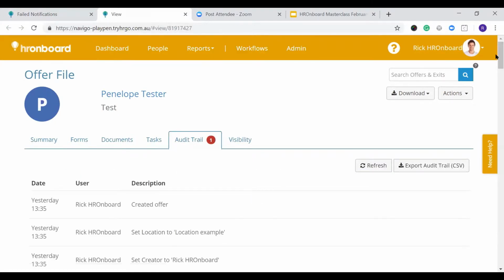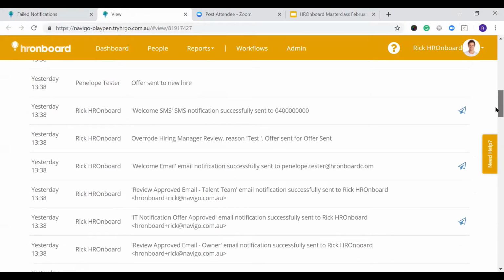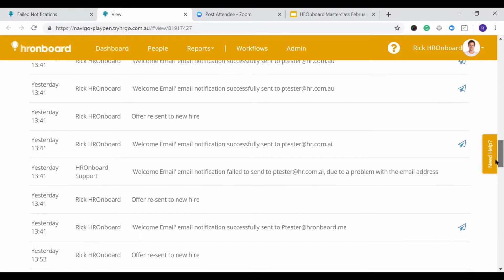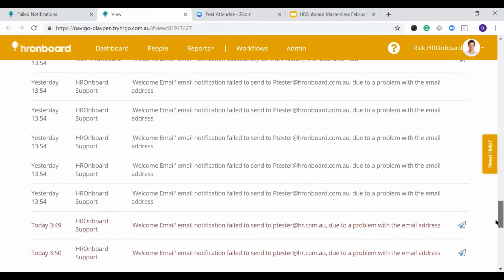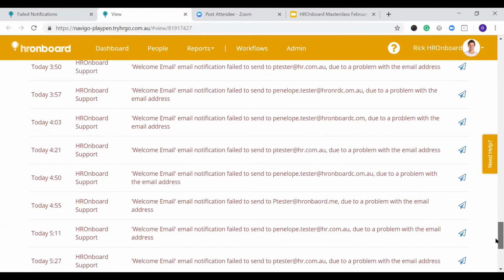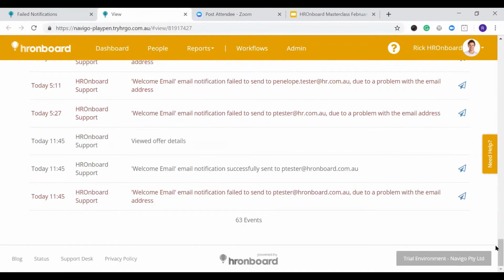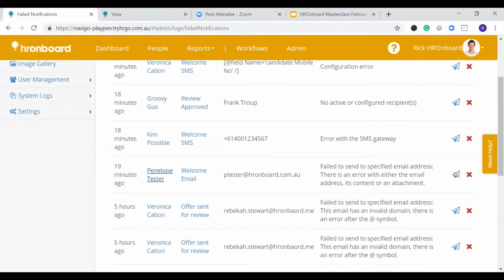And if we come to the audit trail, we can see all of my beautiful failed notifications down here. Ooh, we can see how much fun I had. So if we come on down, we can see there's a lot in here. It's a lot of red. Very scary. So another type of failed notification we've got in here is SMS, as we do send out our SMS from our notification